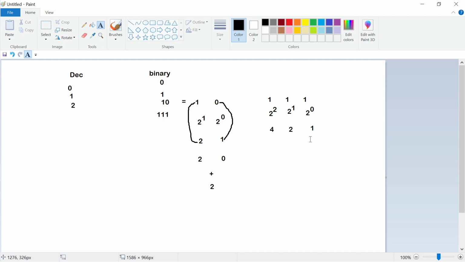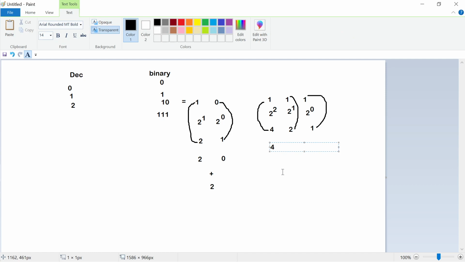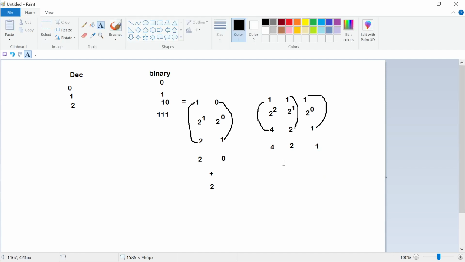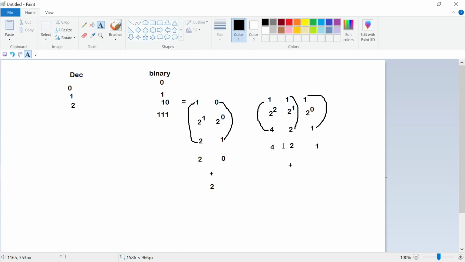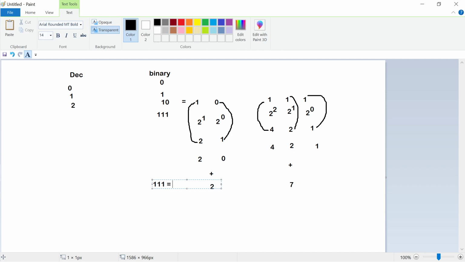2 पावर 0 इज 1। हाँ सही बात। तो बाद में आप इसको मल्टीप्लाई करो, 4 इंटू 1 इज 4, 2 इंटू 1 इज 2, 1 इंटू 1 इज 1। तो इसका रिजल्ट आएगा इधर नीचे 4, 2 और 1। फिर बाद में इसे सबको ऐड करना है। आप जब इसको ऐड करेंगे तो जो नंबर मिलेगा वो डेसिमल नंबर होगा, तो 4 + 2 = 6, 7। ओके, तो दिस इज सो 111 इज इक्वल टू 7 एक्चुअली।